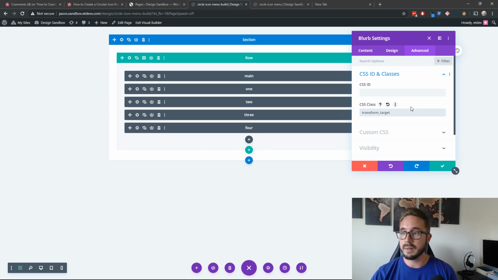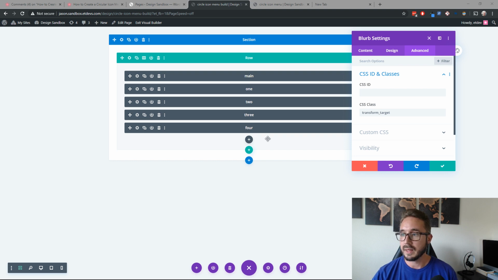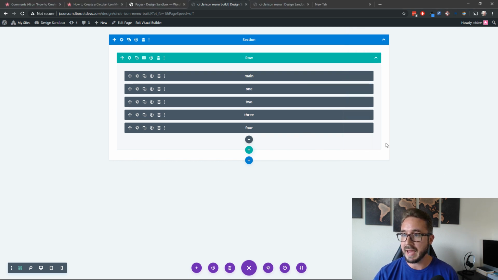This is basically telling it, since I'm going to use JavaScript, that this is the one I'm going to target on click. So when I click this blurb here, that's going to initiate the other effect. So that's my target. That's important. I'll save that. Now I want to use my multi-select to select all 4